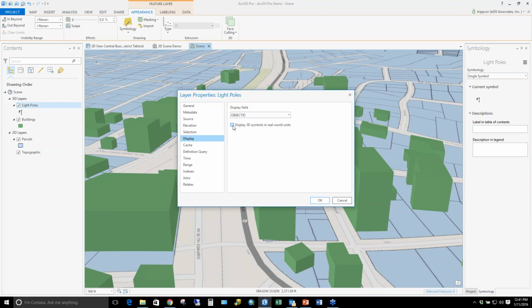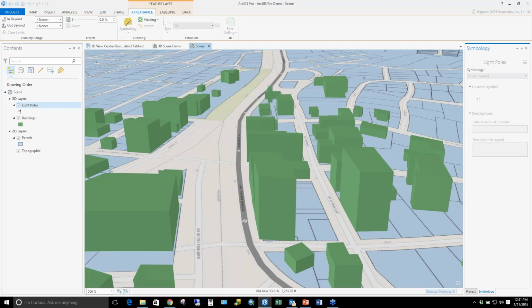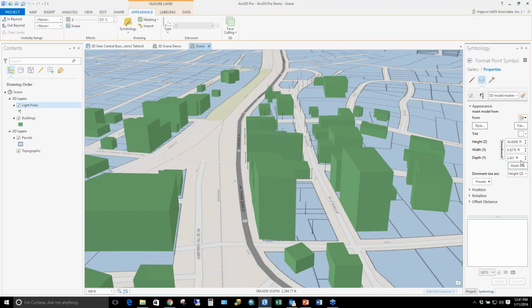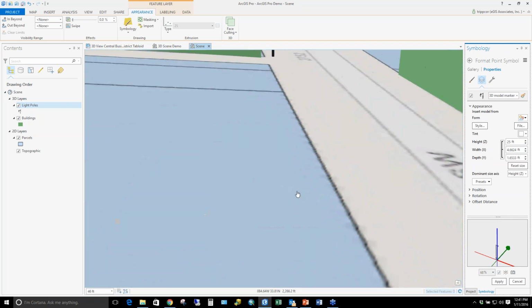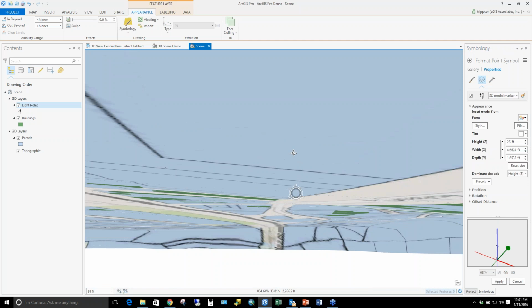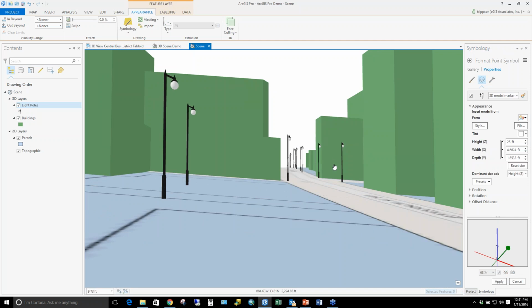I can set display 3D symbols in real world units. Okay. So when I make that change, notice it's no longer in points, but it's in feet. So I can say, okay, well, my lamp posts aren't 36 feet tall. They're 25 feet. And I have no idea what a light pole actually is. But now, see, that locks those lamp posts in their real